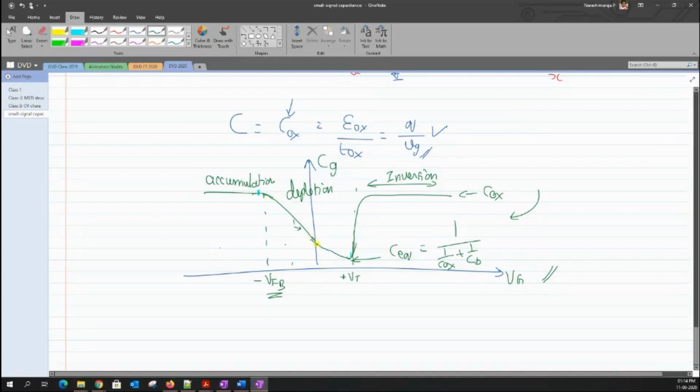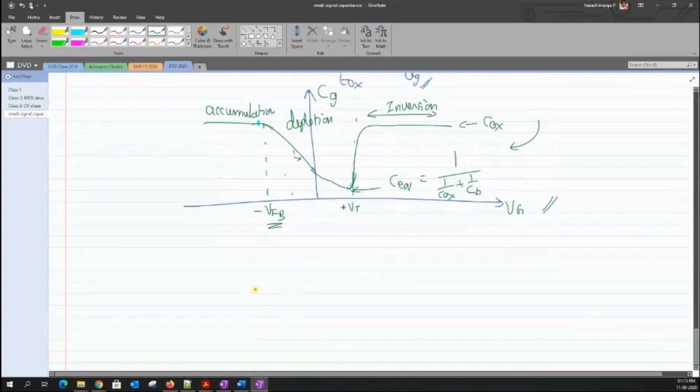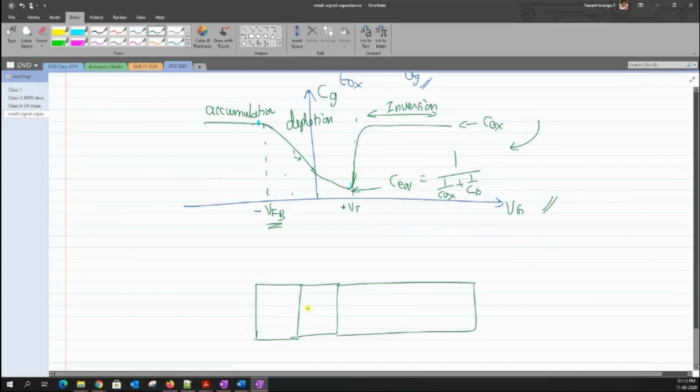Actually, this is generally from the concept that when I am not applying any voltage across this MOS structure that we discussed in the last class, because of the Fermi level mismatches, we end up having some sort of ions, negative ions if it is a p-type, and some sort of depletion layer. That is what we are talking about in this region where the value of Vg is taken as 0. Because of these ions, some positive charges land on the other side.